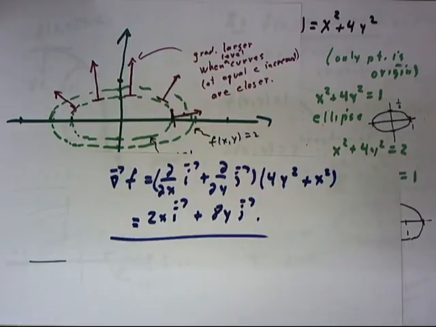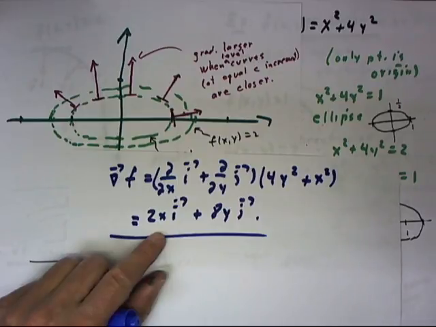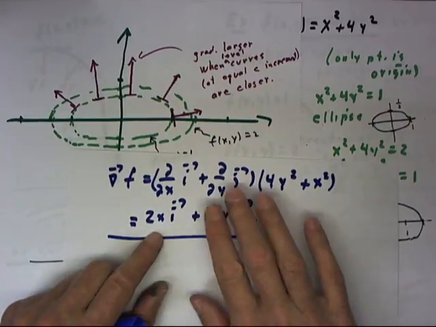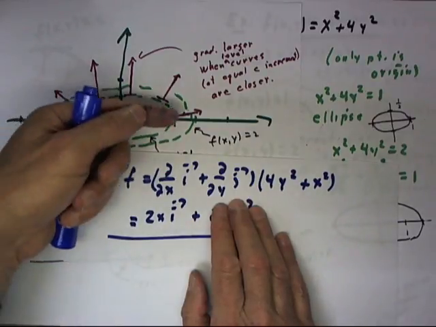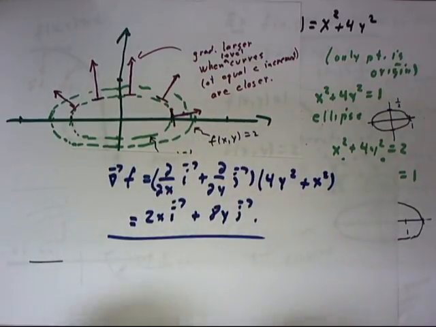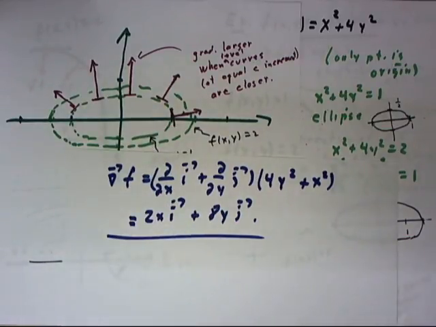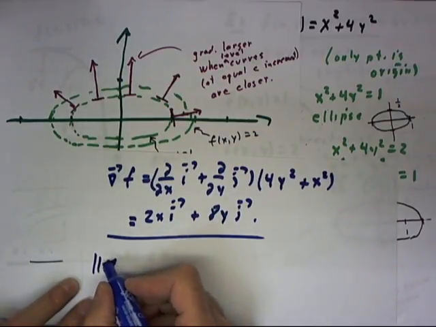Remember that the direction of the gradient has to be the direction of this vector here. When x is large and y is small, the j component is small, and the vector will be pretty much in the i direction, which agrees with what we have here close to the x-axis. And when x is small, the vector will be close to the j direction, which occurs up here. The magnitude of the gradient reveals how quickly the value of the function changes as we move in the direction of the gradient. So if we calculate the magnitude of the gradient,